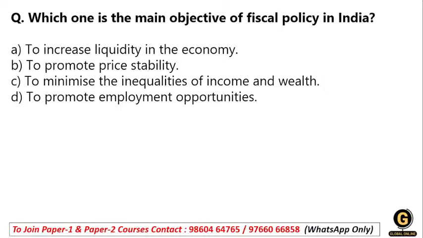Next, which one of the following is the main objective of the fiscal policy in India? Do you know what a fiscal policy is? Fiscal policy in India is governed and controlled by the government of India. The government uses taxation and expenditure to influence the economy. The main objectives of fiscal policy are economic growth, reduction of income and wealth inequality, employment generation, and price stability. The options given are: to increase the liquidity in the economy,